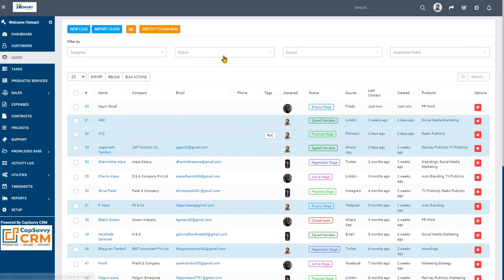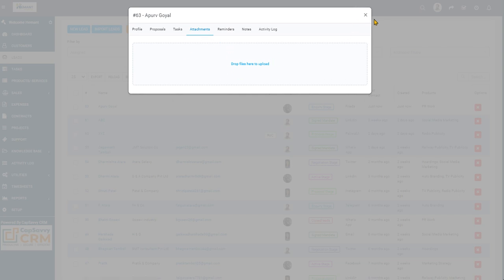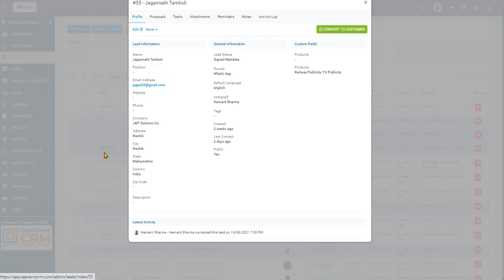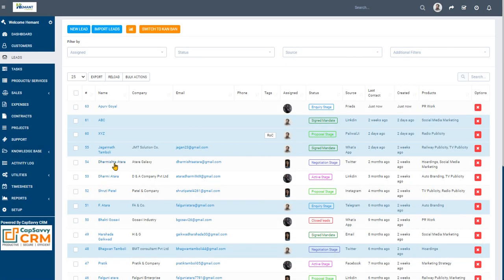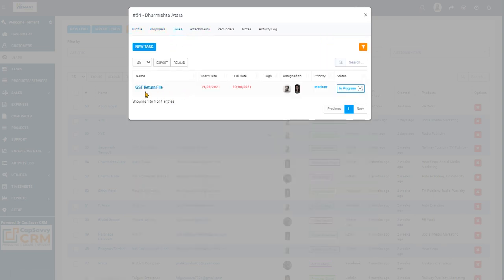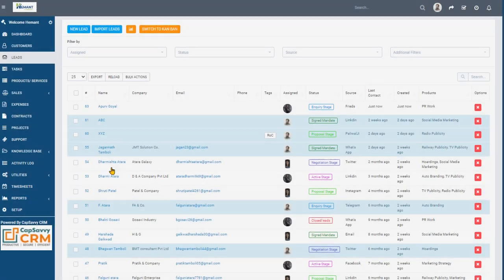If you want to change anything related to the lead, suppose you want to add any proposal, task, or attachment, you can do that. Just to show you another option where you have already done that. In this one, we have not submitted a proposal, no task created. I will go to another one. Yes, here we have created a task. The attachment, nothing. We will go to another one.